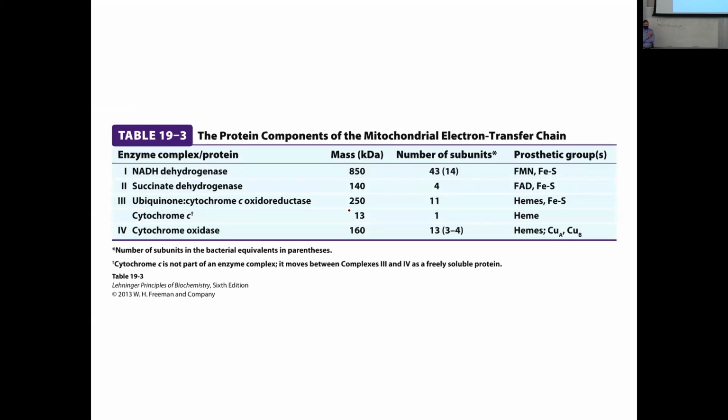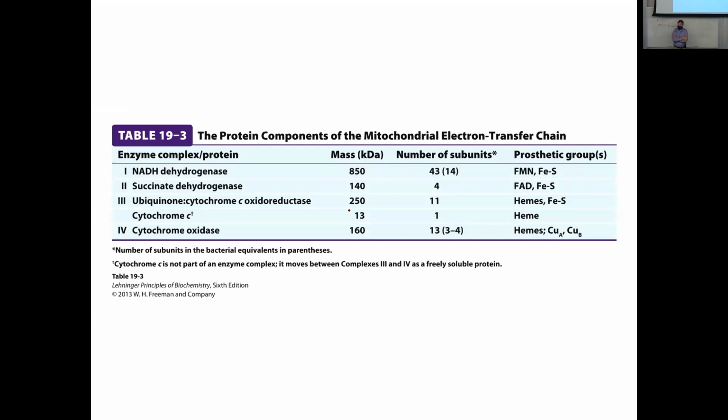The first of these is by far and away the largest. 43 proteins make it up. There are a series of elements that handle the electrons. We'll talk about these individually. But in the end, those electrons are transferred to ubiquinone to form ubiquinol, which will carry those electrons on to